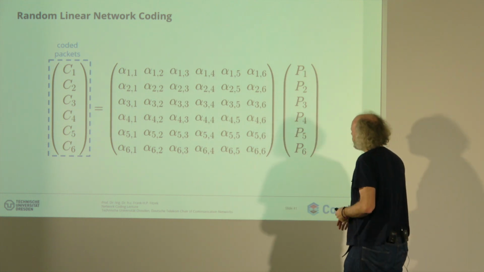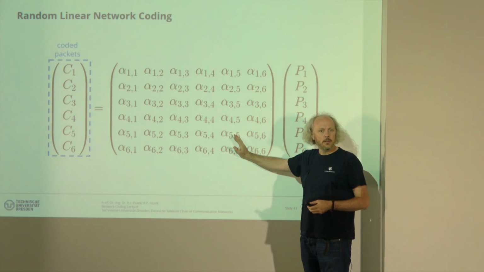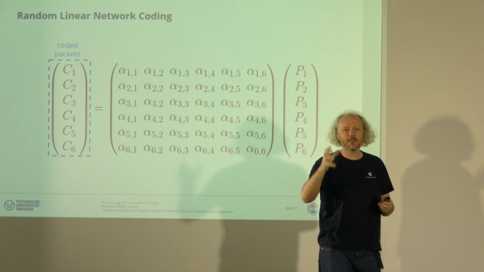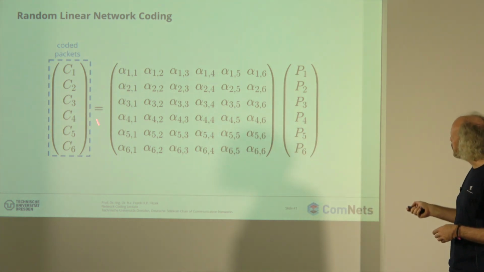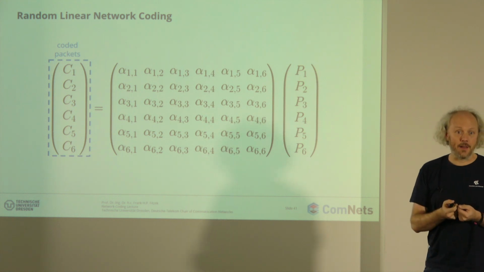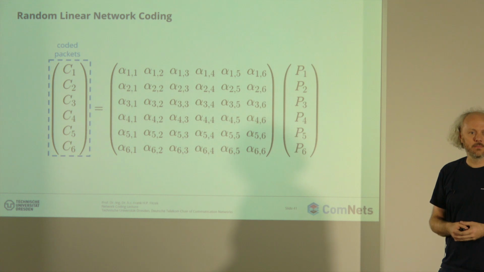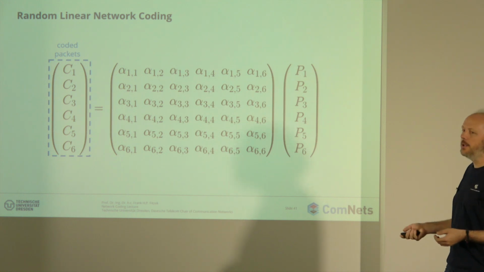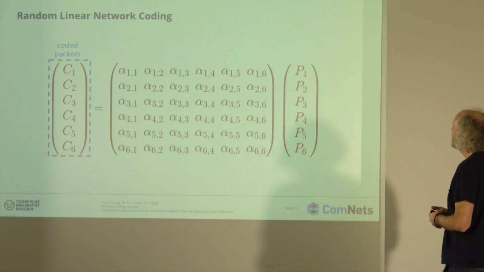Now, what you also can do is, instead of sitting down every evening with a glass of red wine and a cigar, understanding how this matrix should look like, which properties it should have, you can even take random numbers. Therefore, it's called random linear network code. Take any random number here, put it here, and you will find out it's equally good. And why is this equally good?